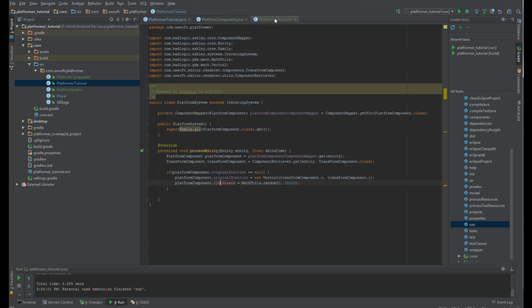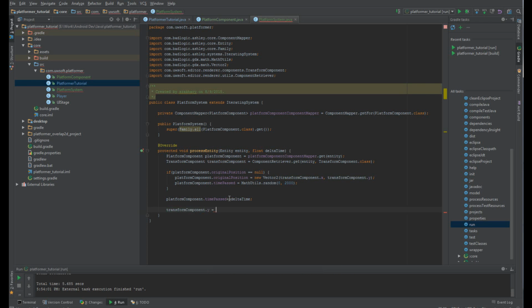Okay, so it's something like 1 to 2 seconds offsetting for each platform. Now we want to set the position of our platform. So on each iteration we're going to do platform component time passed plus delta, so that's plus equals 1. And the other thing is to position it according to the current delta. Now to do that, we're going to do something like transform component